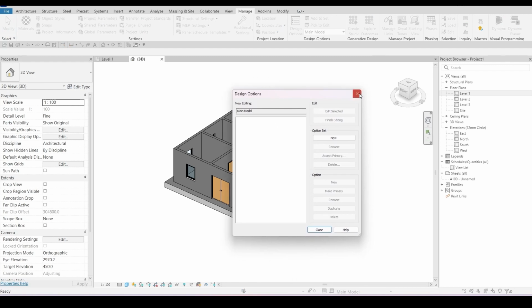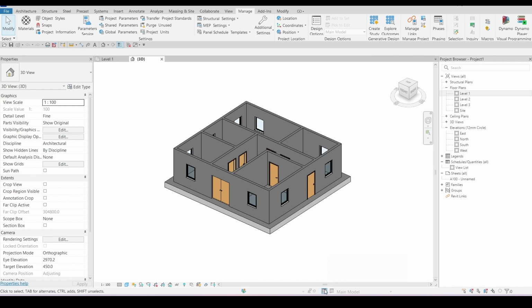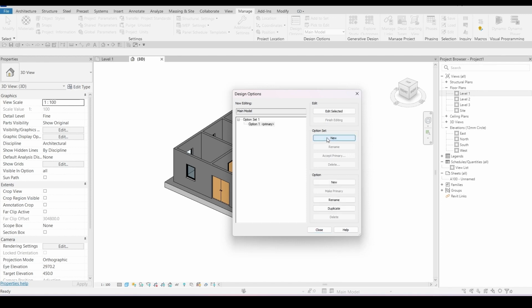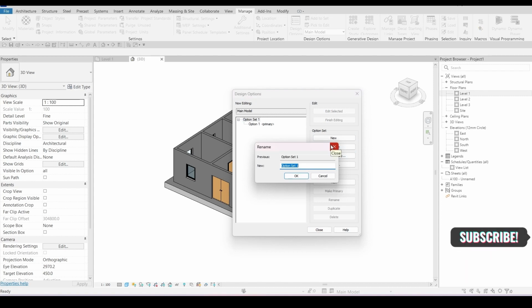This is the window, and you can edit, or you can name or create a new one in here. So okay, we are going to create a new one. It's a design set. You can rename it whatever you want. It is like okay, the reading,